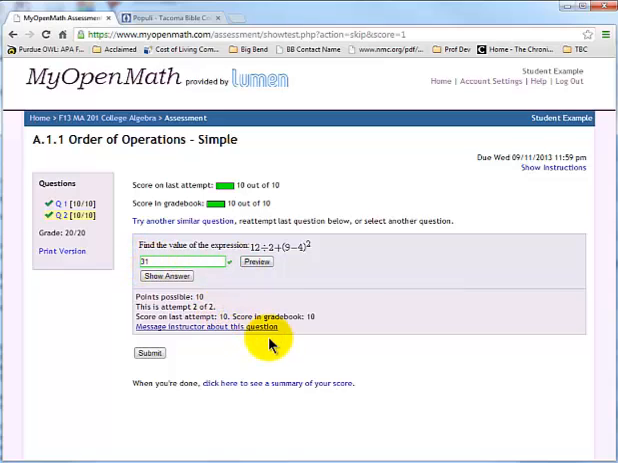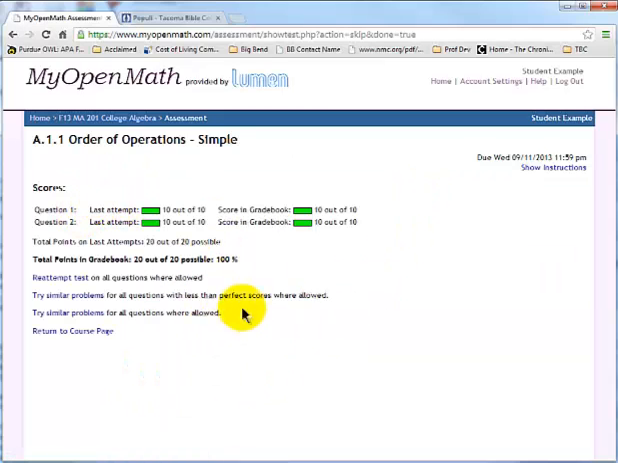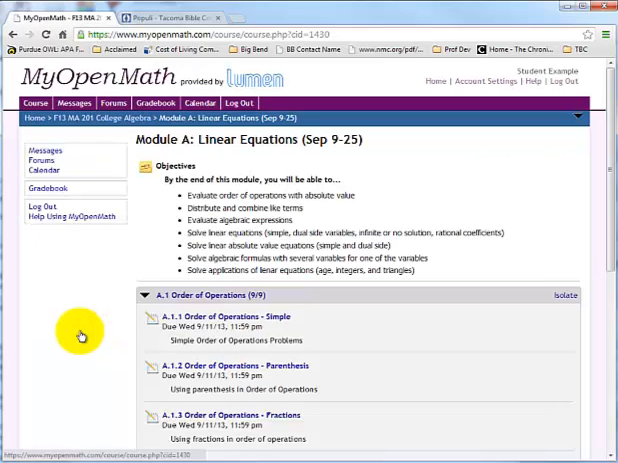Green box, correct answer, and I see 10 out of 10 in my grade book. When I'm done, I can see a summary of my score by clicking this link. It just summarizes it on one page in the grade book, 20 out of 20, 100%. I'm doing good. I can return to the course page now and watch the second video, order of operations with